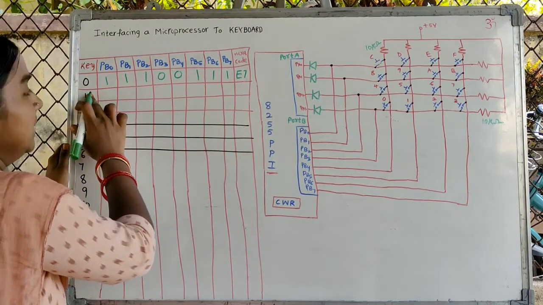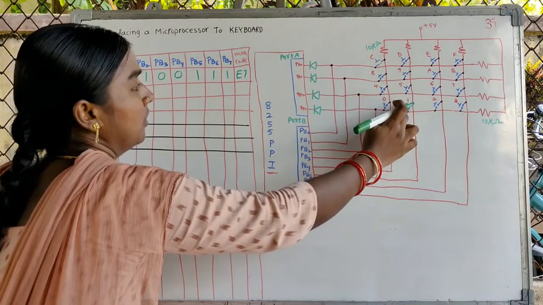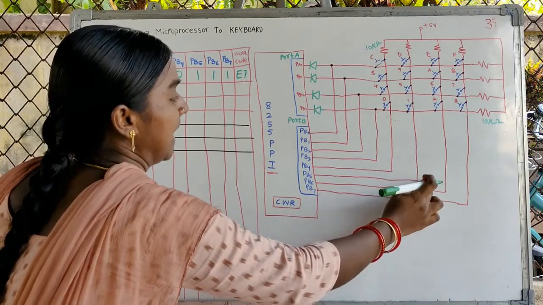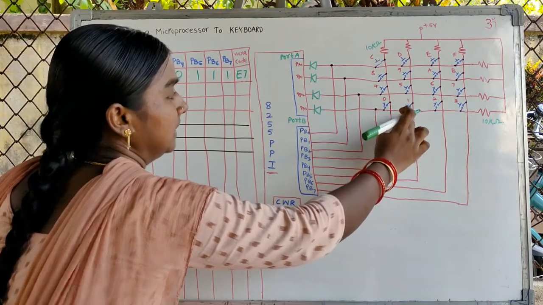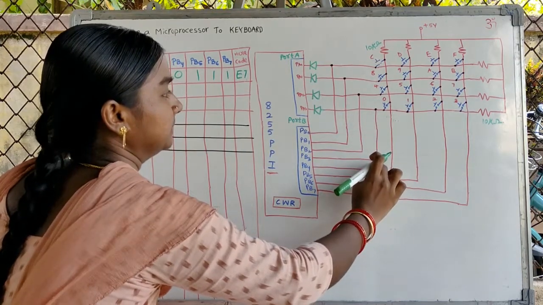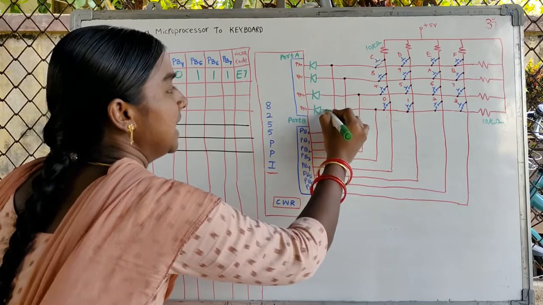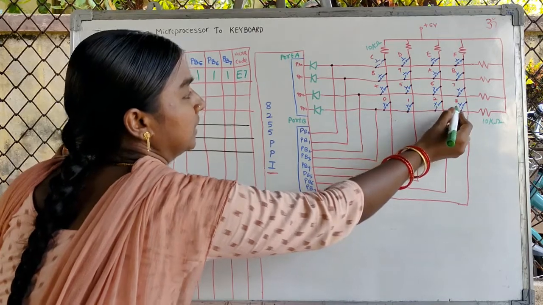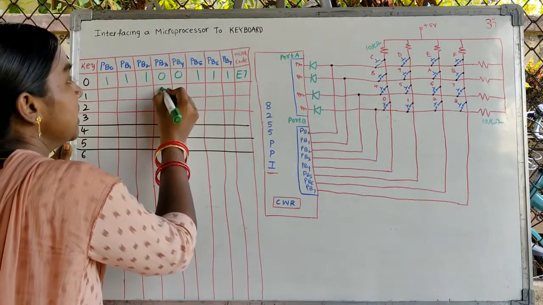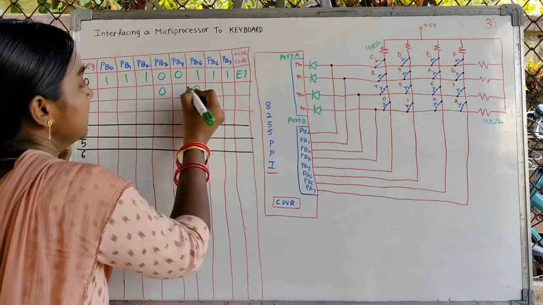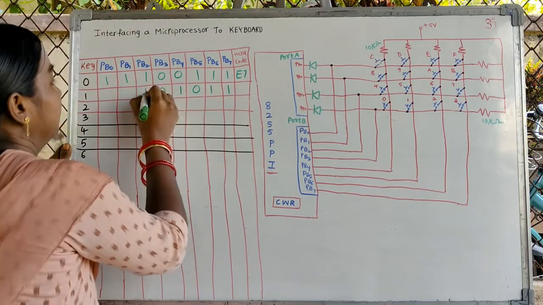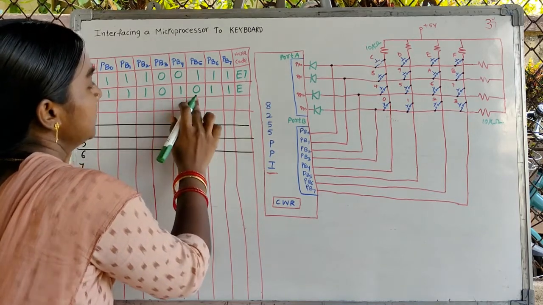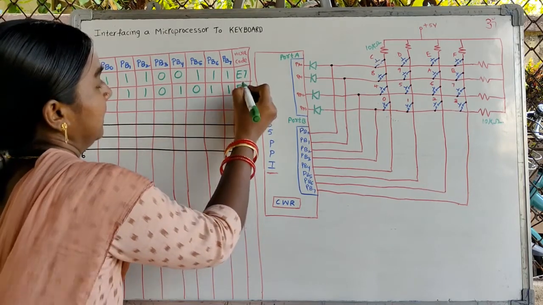Coming to the next key, if we press 1 on this keyboard, this 1 is connected at the cross section of the lines with PB5 of port B and PB3 as shown here. This line is common to all the 4 switches 0, 1, 2, 3. So the PB3 line is going to be 0 and the PB5 line is going to be 0. The remaining other lines are 1. The hexadecimal code is going to be E and 1011, meaning B.